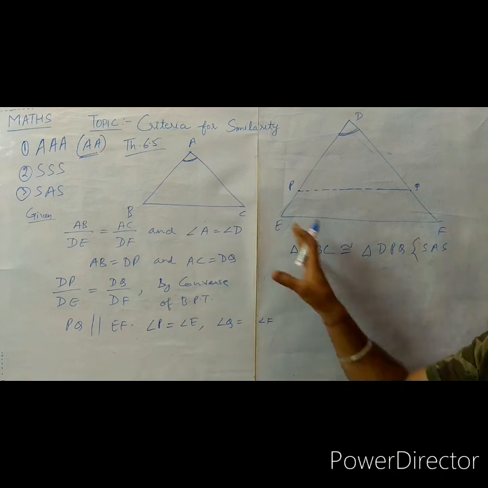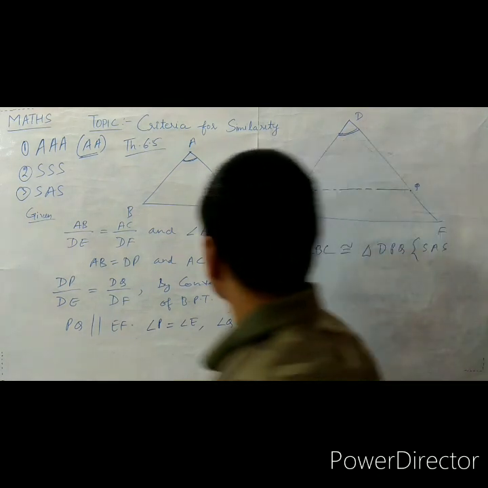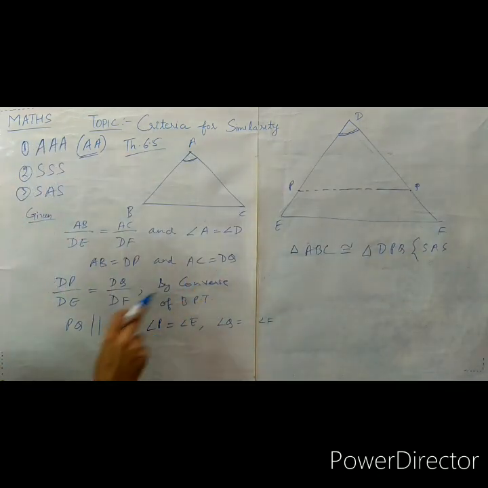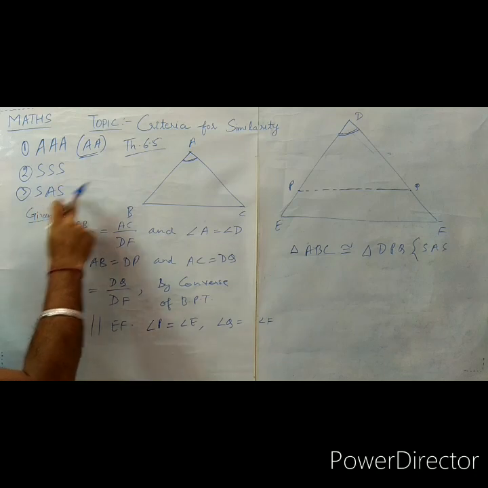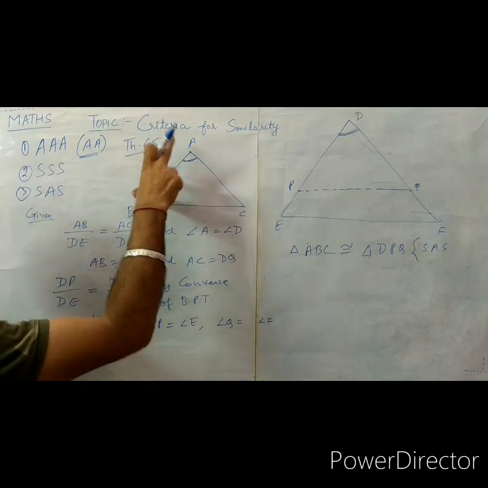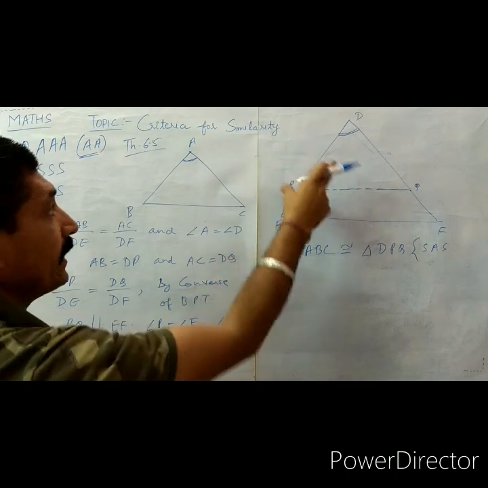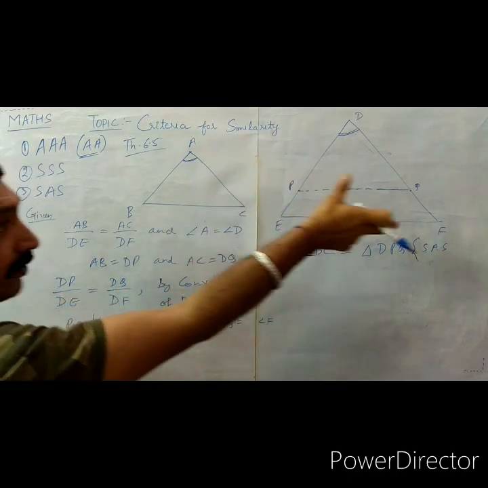So here we can prove that if AB upon DE is equal to AC upon DF,